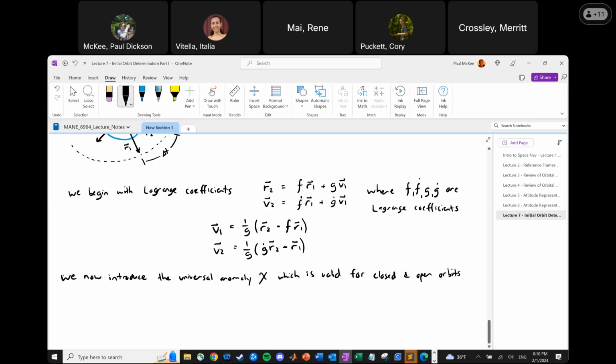And so if chi is 0 at some time t equals t naught, then chi as a function of t naught plus delta t is found by solving